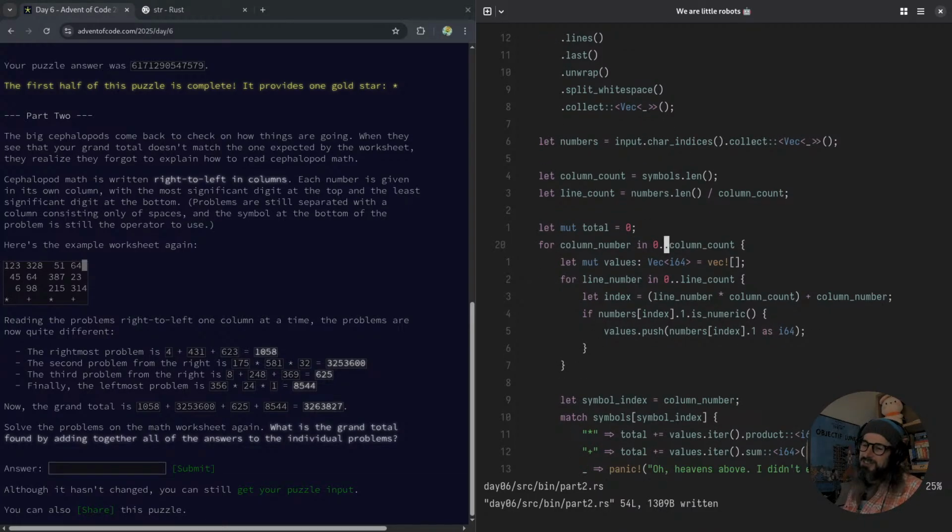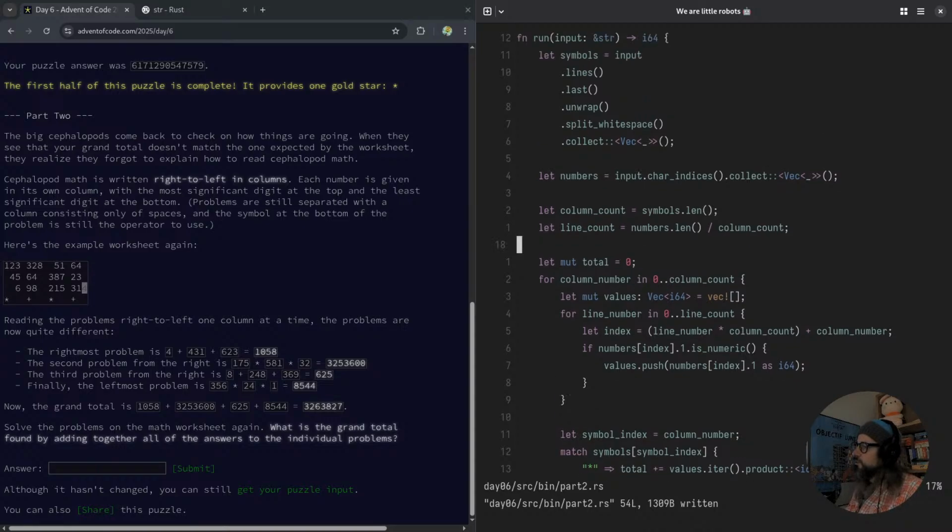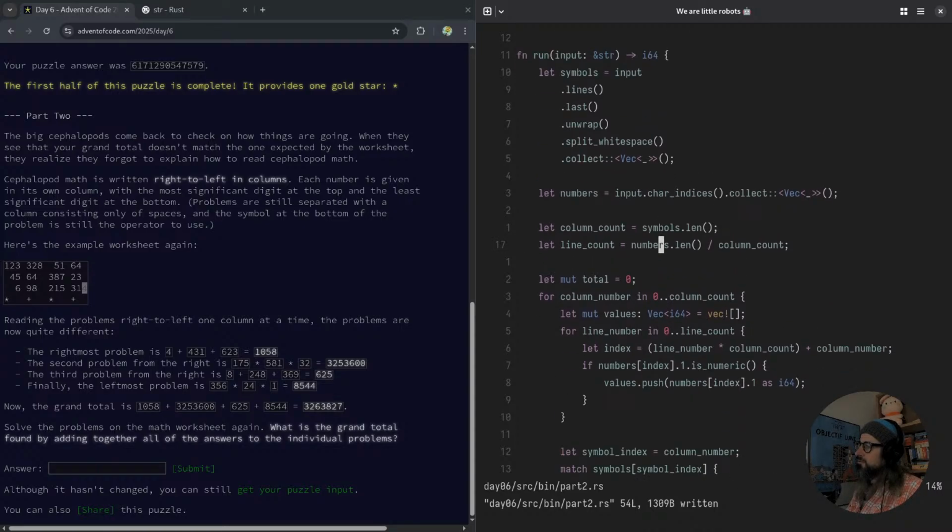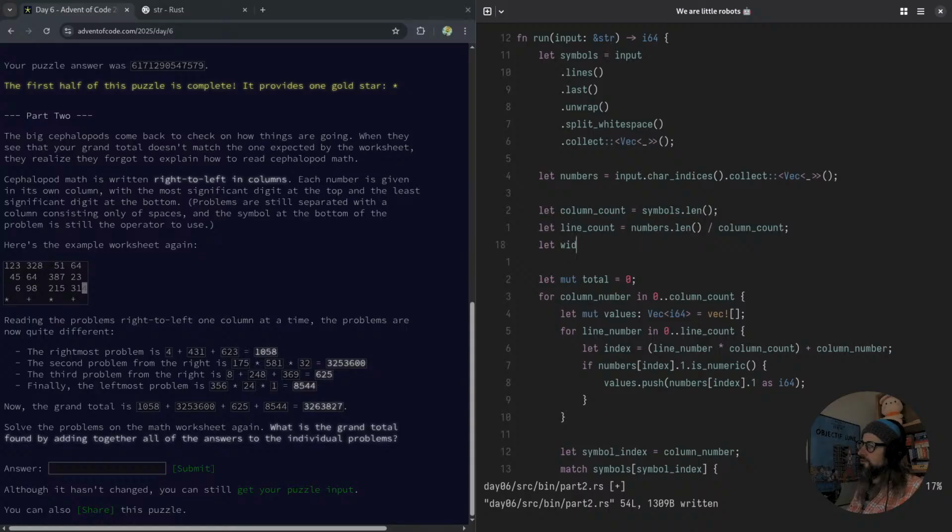So I want to be counting. I basically want to be counting back from here to here, and collecting all of the digits in that column. So I guess I need the width of, which I don't have yet. So